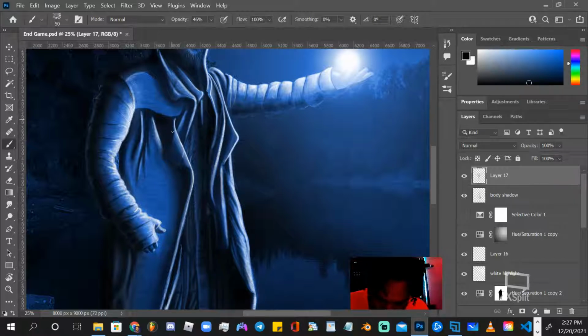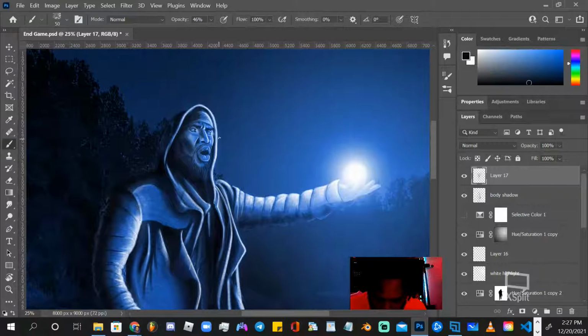I need to get some lines established here, because I'm not seeing some of the areas that I need to see, like right up in there. Alright, now our face.